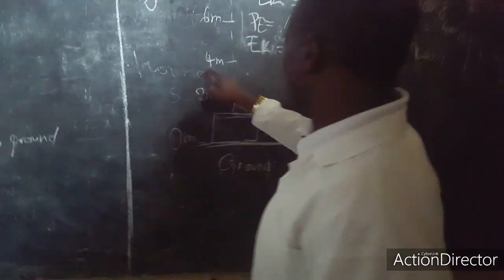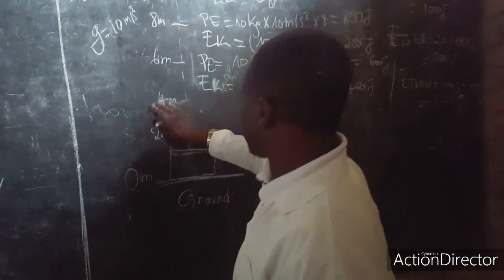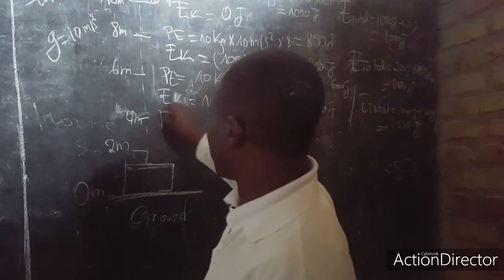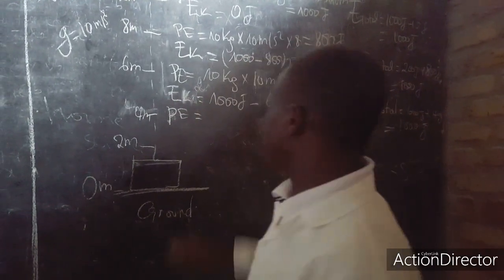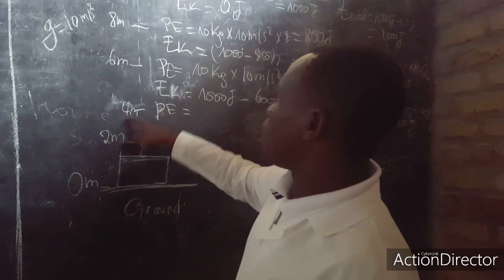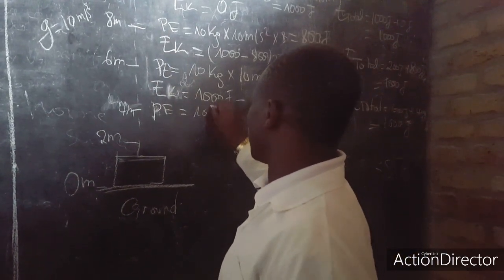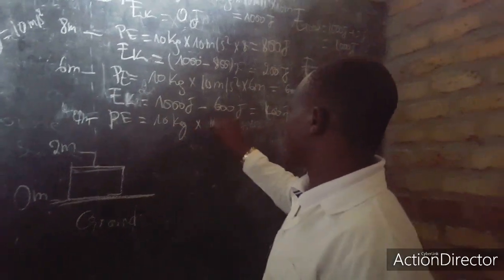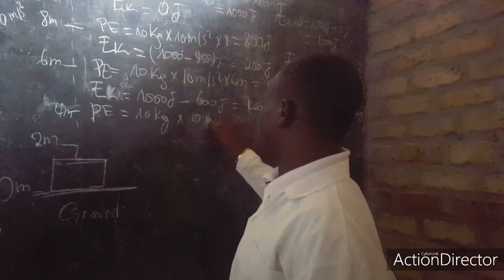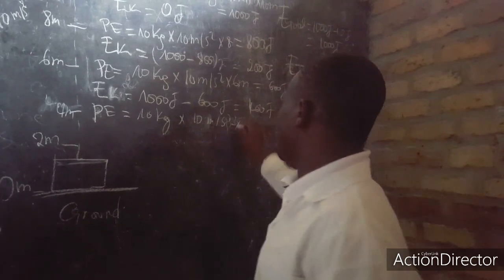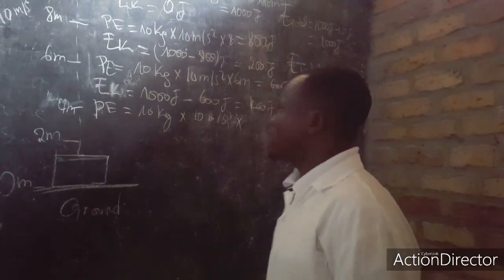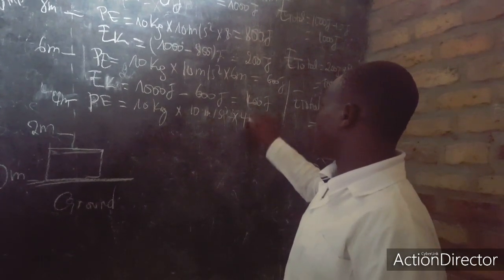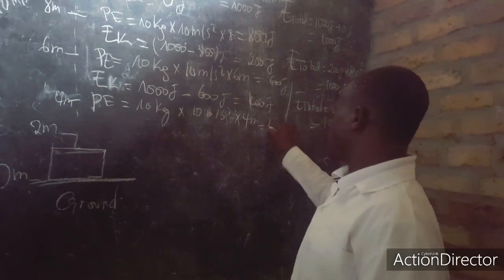So let us see also at 4 meters. At 4 meters also we will have potential energy, which is given by the mass of our object, which is 10 kilograms, times g, which is acceleration due to gravity, times the height our object reaches, which is 4 meters. Then potential energy